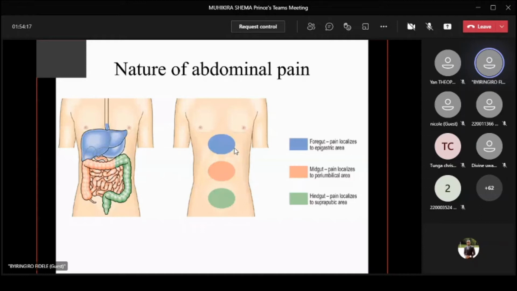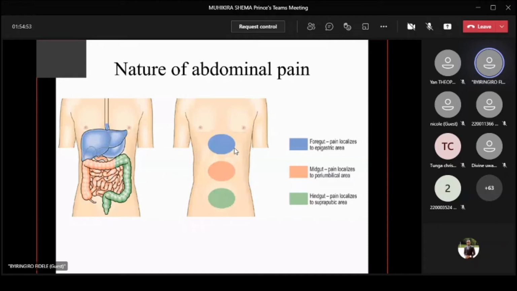And when you are examining the abdomen, bear in mind the differentials, starting from the epigastrium, going to the right hypochondrium, going to the umbilical region, and going down into the right or left flank. These are very important to know. I leave you so that you are going to read it. I will share with you the PowerPoint and the teaching materials so that we can go through all these analyses of abdominal